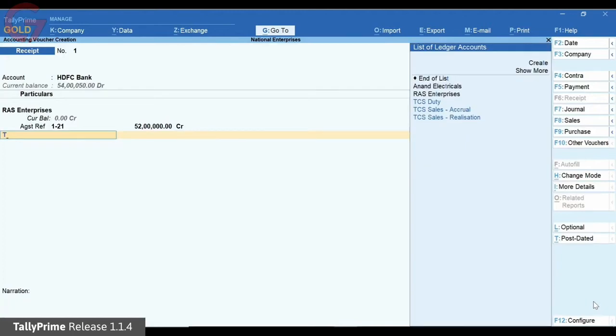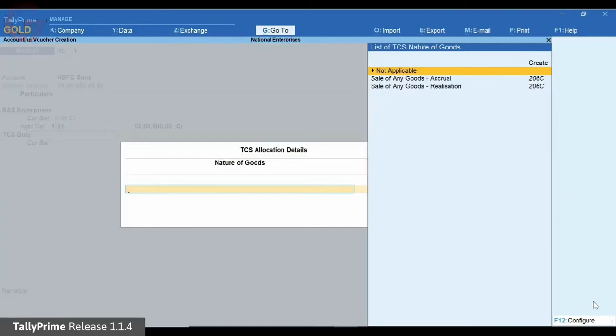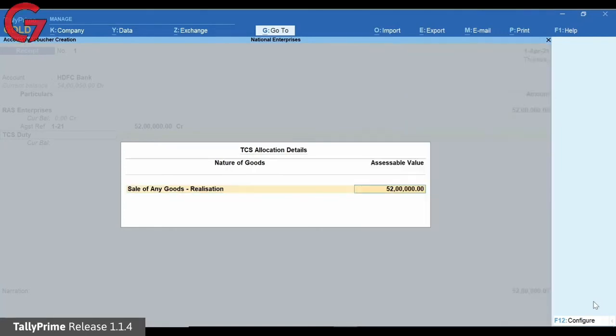Select TCS duty ledger. The TCS allocation detail screen is displayed. Select the nature of goods that was selected in the sales invoice. This screen is displayed only when the nature of goods selected in the TCS duty ledger is any or the one with tax on realization.